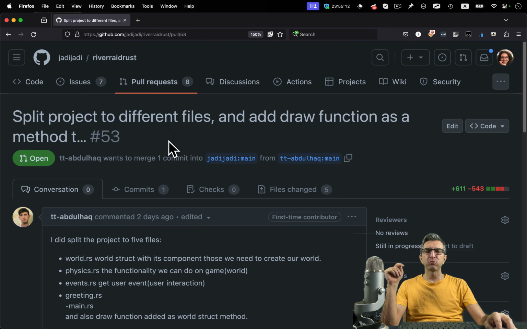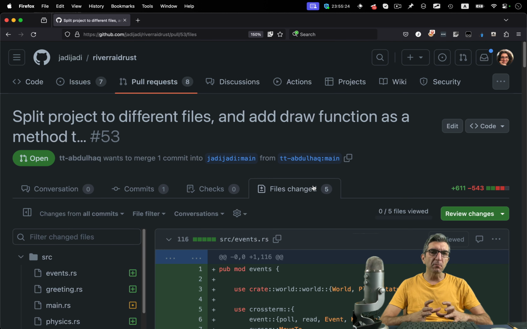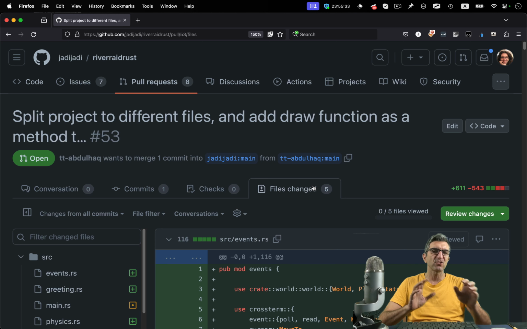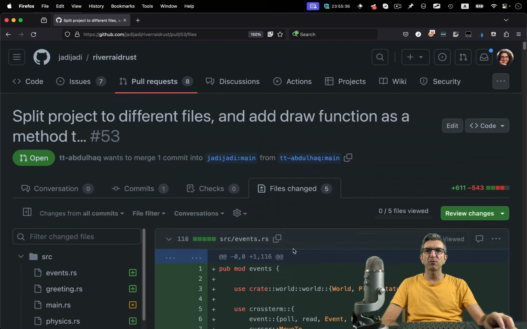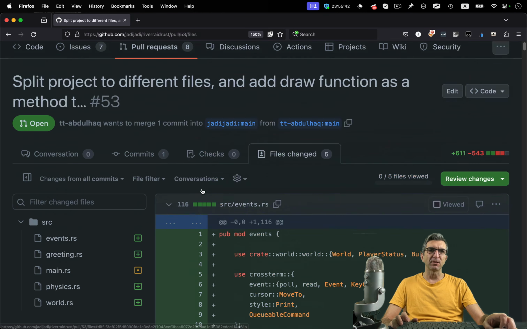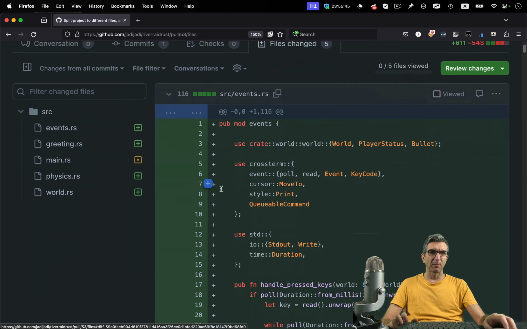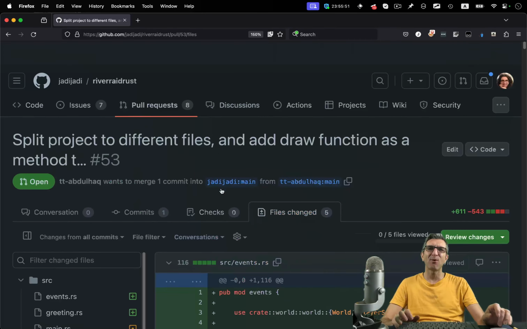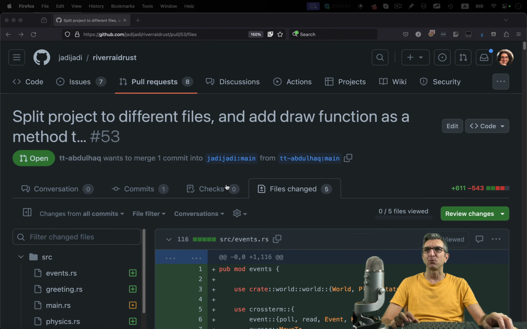We also got some other pull requests, but I thought it's good to merge this one fast because this is very important. Lots of changes. What he's done is split the project into different files. This will make our working much cleaner and also will make the code much cleaner. Now we have a large file, we have to jump around, go page up, page down, search for the function and everything. Here, it would be nicer, we will have different files and everything is happening wherever it has to happen. I haven't tried this, but I trust Abdullah. It's very difficult to check what is going on, but the point is, I will pull and test. If it works, it works.